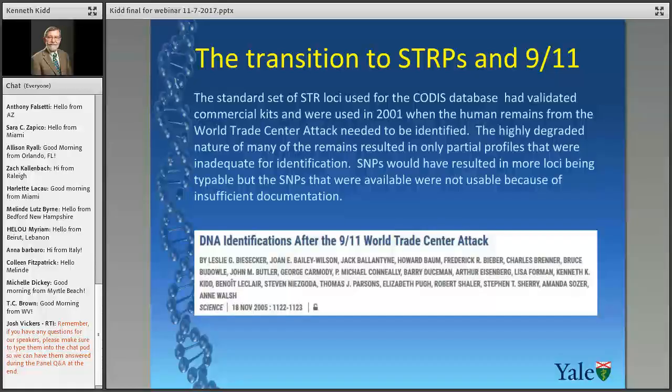And you'll hear more from Chris Phillips and Tom Parsons, but SNPs